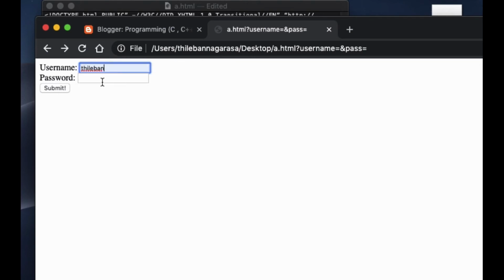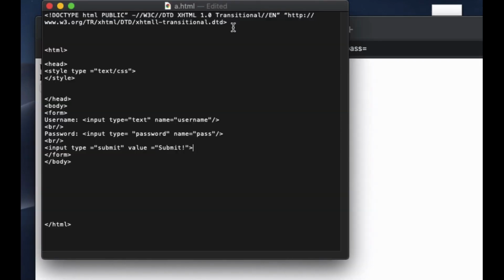Now let's type something. I put a username and password, and when I click submit, nothing happens because I didn't create one more thing called action. To create the action we have to go to the top form. We have the form on the top and the closing at the bottom. On the top form we just type action, and you can name it anything, I name this one do something, and method,